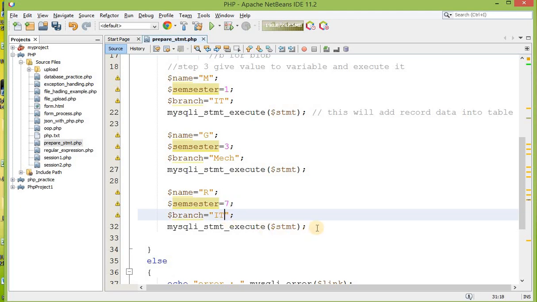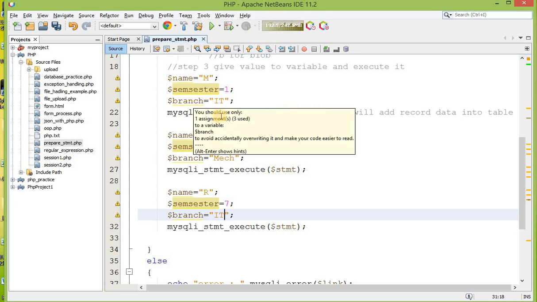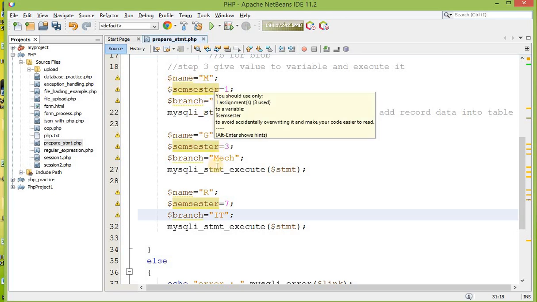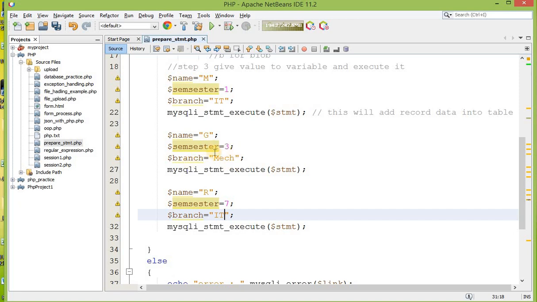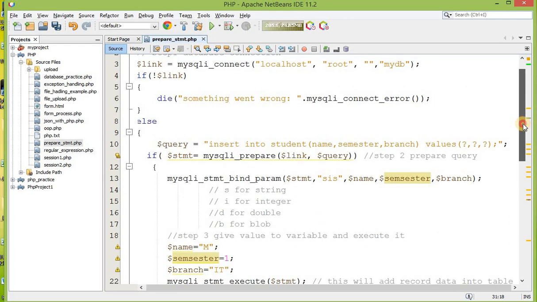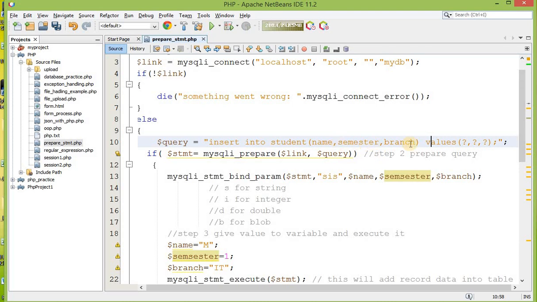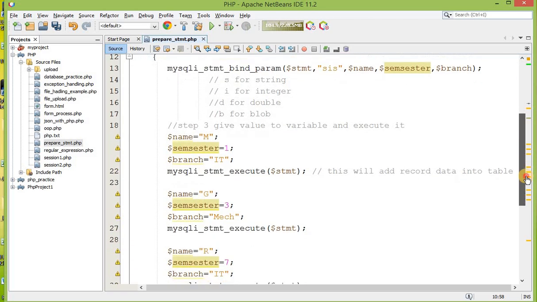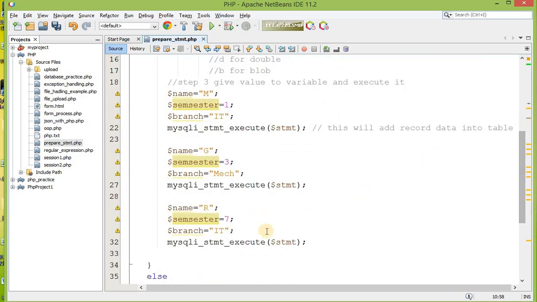So what I have done over here: this is my first data, the first variable that I have executed. Now this is another data, a record of another student. Over here you can see it is records of 3 students. But how many times have I written the query? Just once. I have built my query once and I am adding records using that particular query multiple times. So this is how a prepared statement works.